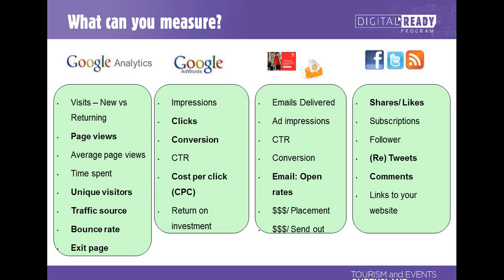You can measure that as a rate of the people that clicked through, how many converted. You can measure how much each click cost you. And obviously, if you know how much each click is costing you, you can try and get that cost down because, as you know, Google AdWords is kind of an auction and it's never a fixed price. So if you know what it's costing you, and if you're an enthusiast in this area, you can tweak your ads, tweak your keywords, tweak your budget and try and get that cost per click down, that CPC. And that means, of course, you can measure your return on investment of the money that I spent on this campaign. How many conversions did I get? How's it going? Am I getting my money's worth? Am I getting my money back? Is it worth it?